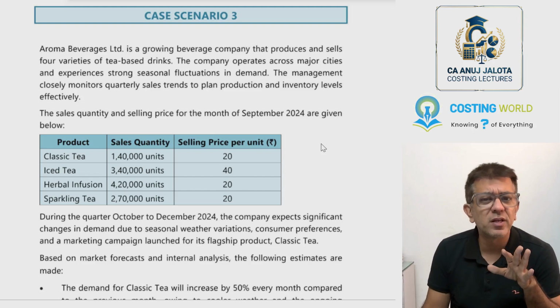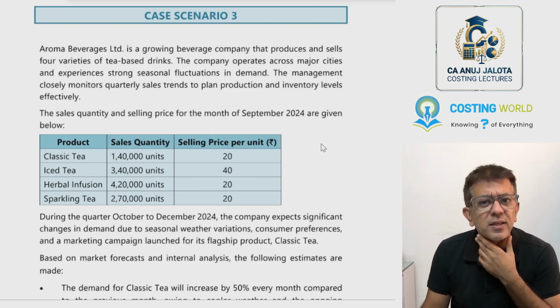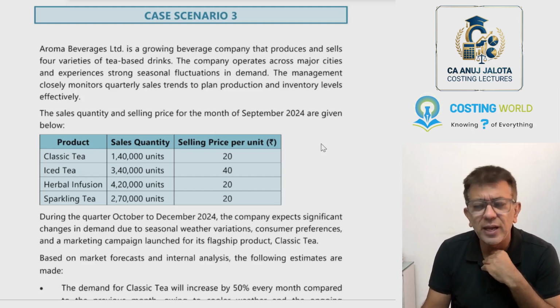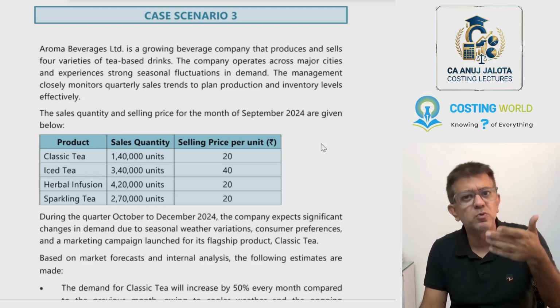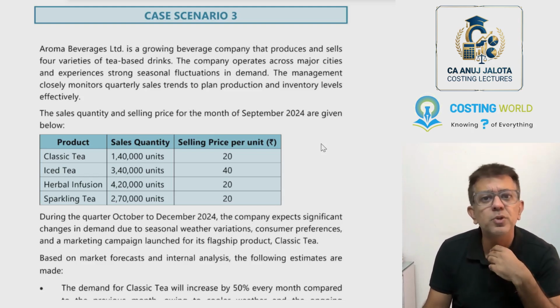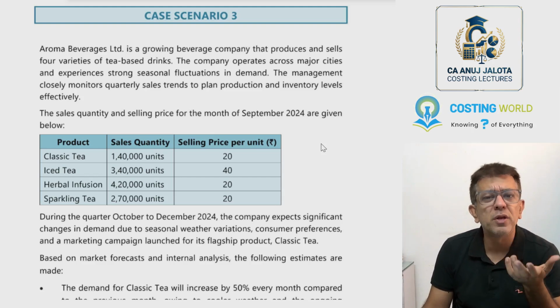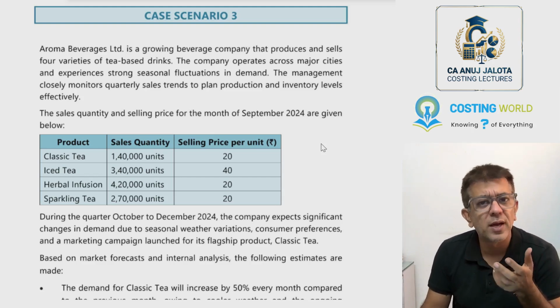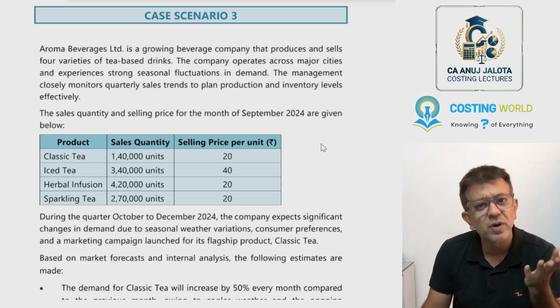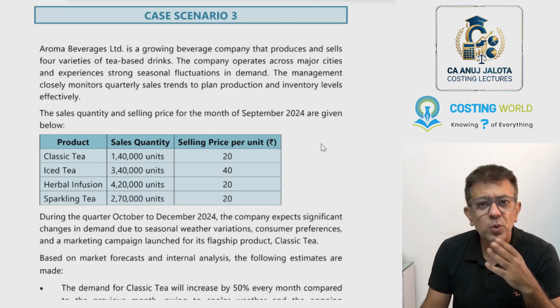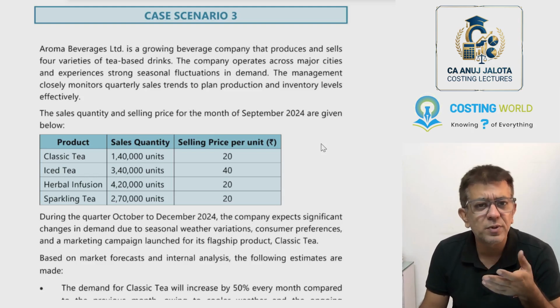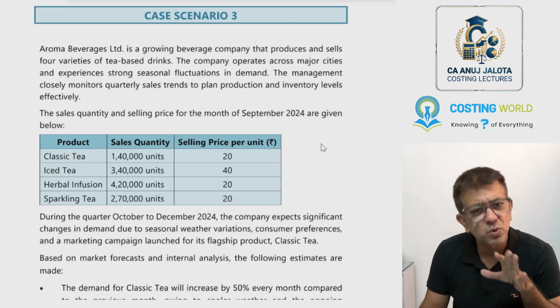Production budget, if nothing is told, we usually try to prepare in terms of units. That is, we would like to find out the quantity produced of finished goods, because it's a production budget. Sales budget, we usually want in units and also in rupees. Of course, if you have the sales quantity, to arrive at sales value in rupees you can multiply by selling price. Rest, this question is quite simple.